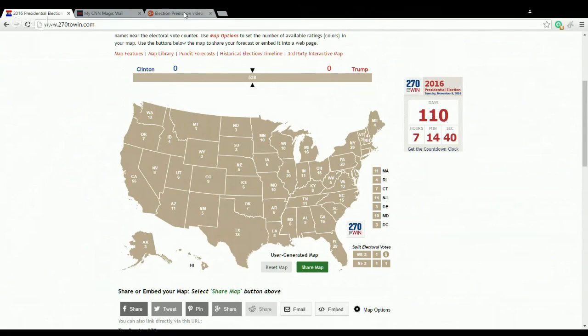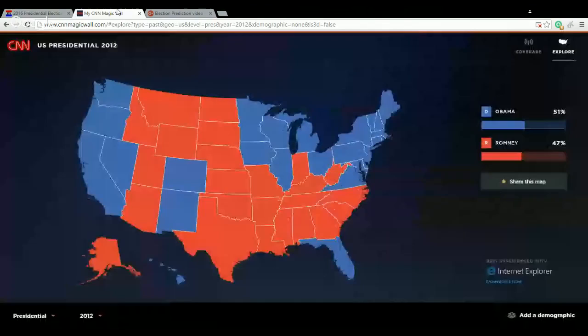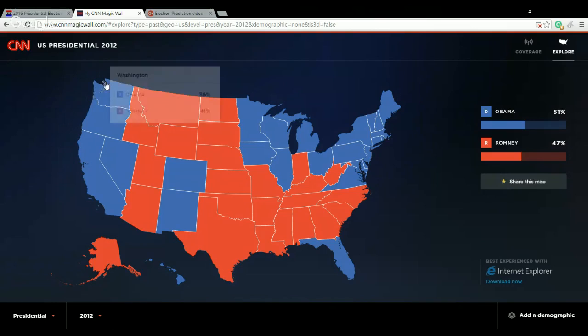Today we're going to start off by showing you the new feature we're going to use to help predict this, and it's a very cool site from CNN. This is the CNN Magic Wall, and if you watch the CNN coverage, you can see that the Magic Wall is basically a magic wall that they use to analyze the election and who's going to win. They have a bunch of different stuff they use for that, and today we're going to analyze a couple different things using the CNN Magic Wall.